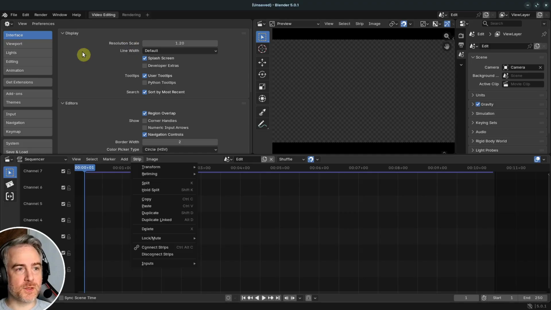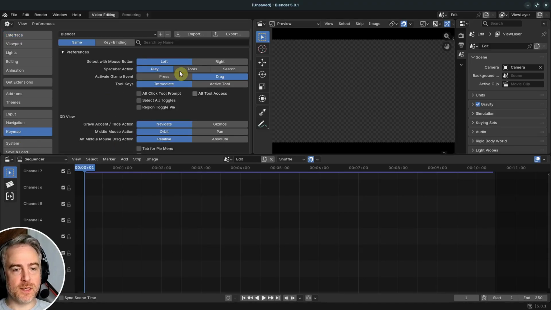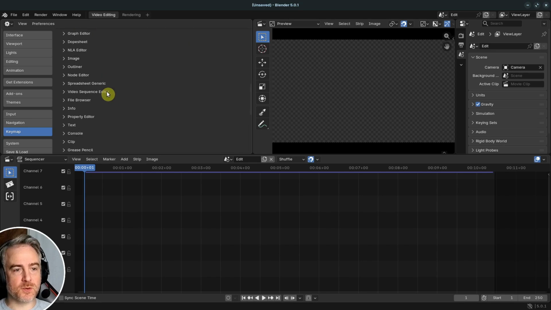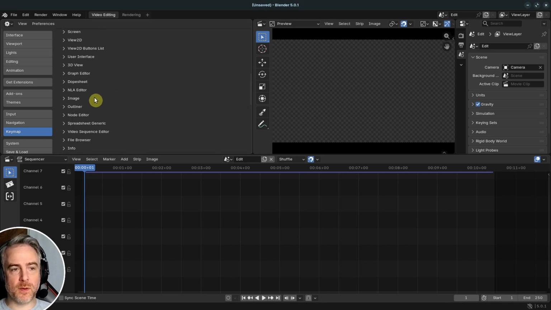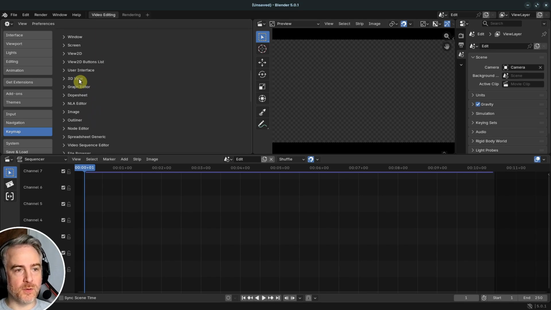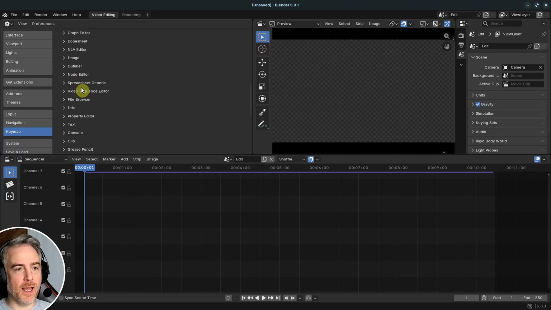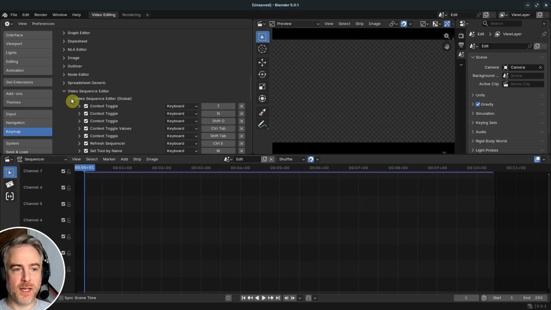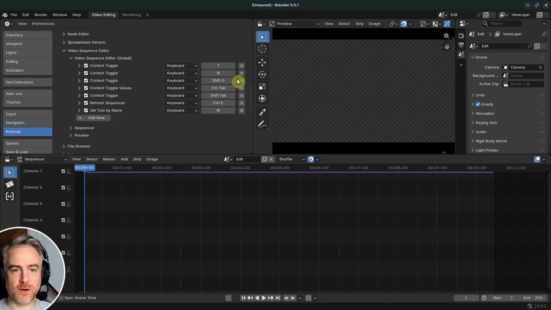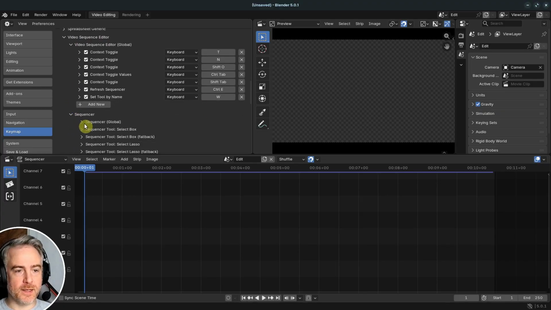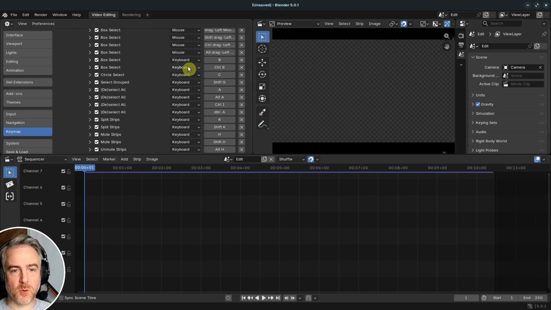The other way to find them is to go to the preferences and click Keymap, and then you can see the initial preferences here, but you can also scroll down and see a whole bunch of them throughout all of Blender. You've got the 2D view, the 3D view, graph editor, dope sheet, and of course the video sequence editor. And you can open up these and see here are the hotkeys, and there's actually quite a bit of them